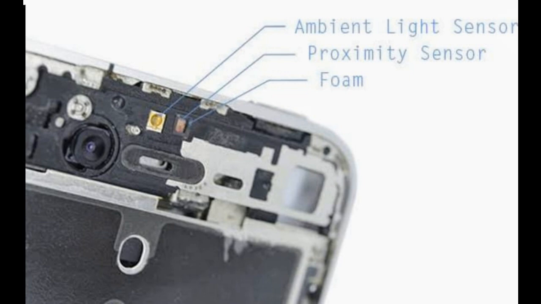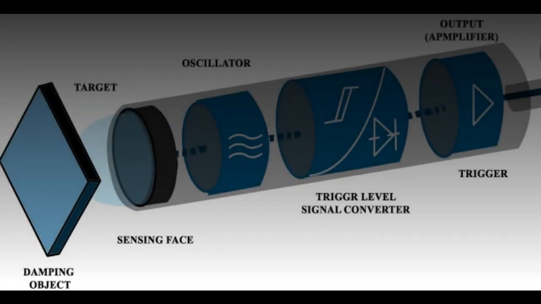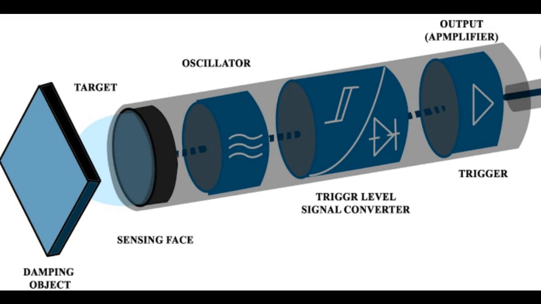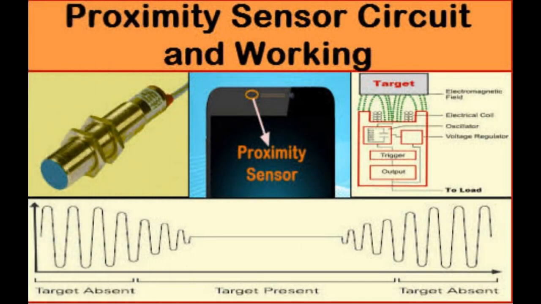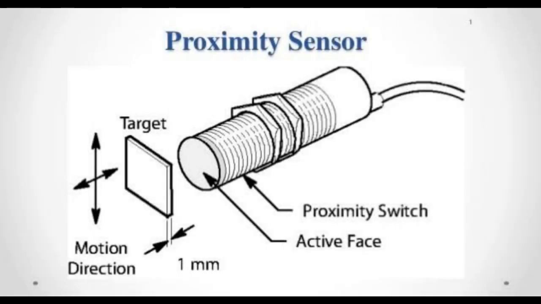Let's discuss how it works. The sensor consists of an infrared LED light and an infrared radiation detector, and is generally located at the top of the screen near the receiver. It detects the distance between an object and the device by calculating changes in the infrared light signals it receives. The working range of the proximity sensor is generally 10 centimeters. This is about the proximity sensor.